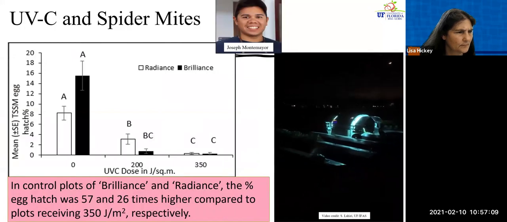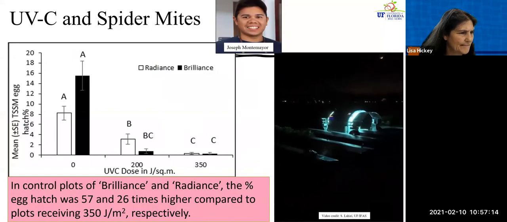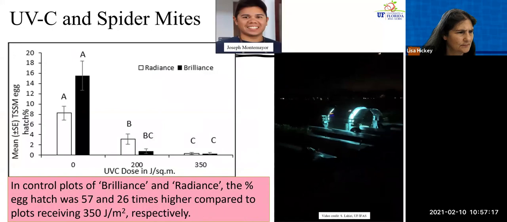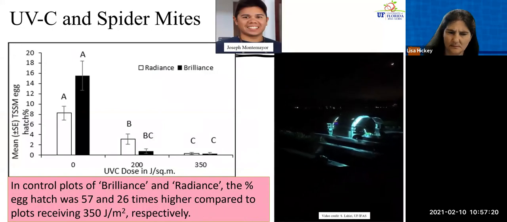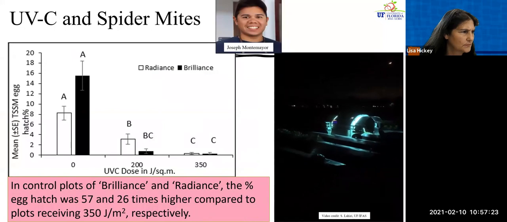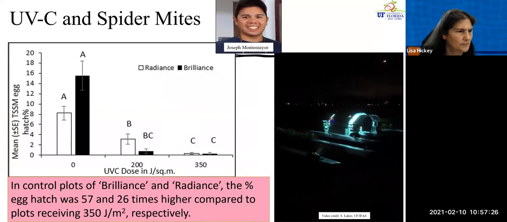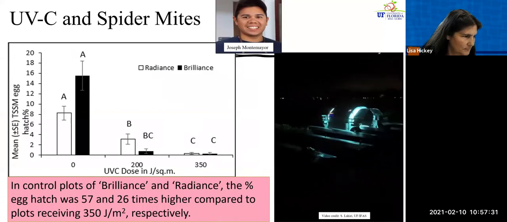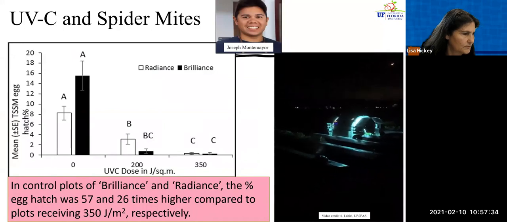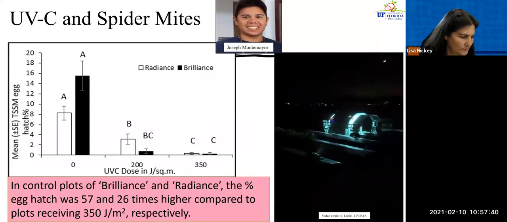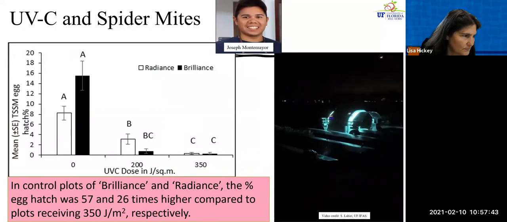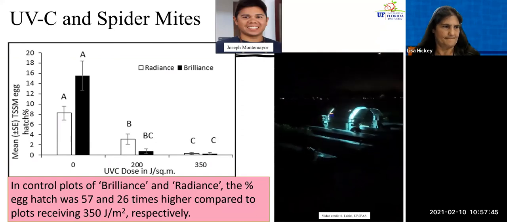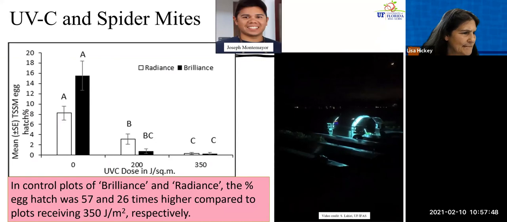From preliminary studies done last year, there were 2 different varieties of strawberries, Radiance and Brilliance, that were tested in 2019. And we found some promising results. In this graph, please note that means with the same letters are not significantly different. The y-axis shows two-spotted spider mite egg hatch percentage, and the x-axis shows the dosage that was actually applied in the field at night. That's 200 and 350 joules per square meter, and there were some plots that were left